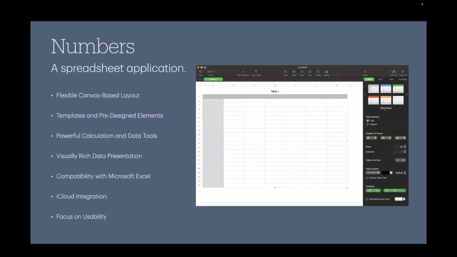And again, Numbers offers a flexible canvas-based layout. It has templates and pre-designed elements, powerful calculation and data tools, rich data presentations, and of course, it's compatible with Microsoft Excel. It also includes iCloud integration, and its main focus is on usability.